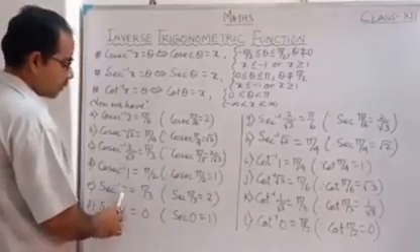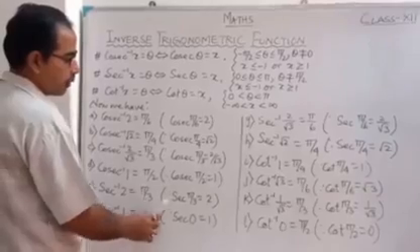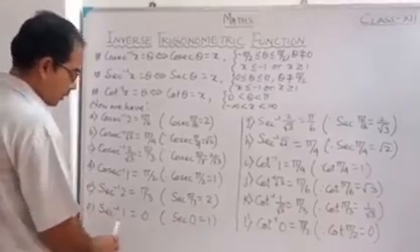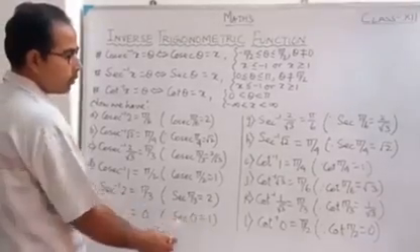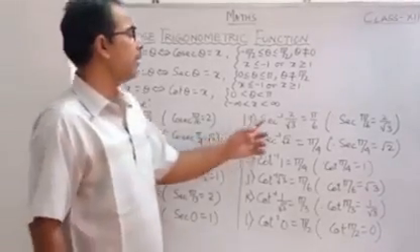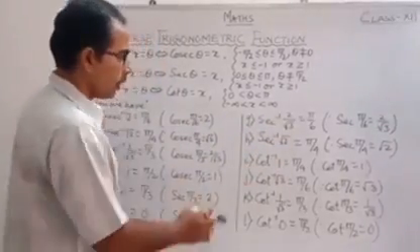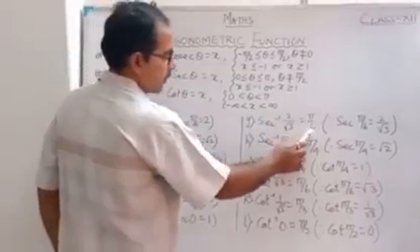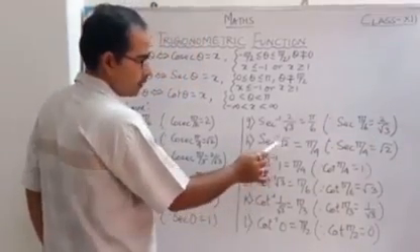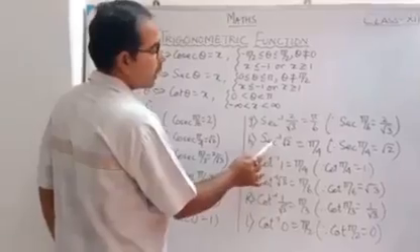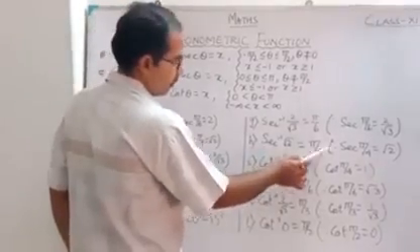Next, sec inverse 2 equal to pi by 3 because sec pi by 3 equal to 2. Similarly, sec inverse 1 equal to 0 because sec 0 equal to 1. In similar way, sec inverse 2 by root 3 equal to pi by 6 because sec pi by 6 equal to 2 by root 3. Next, sec inverse root 2 equal to pi by 4 because sec pi by 4 equal